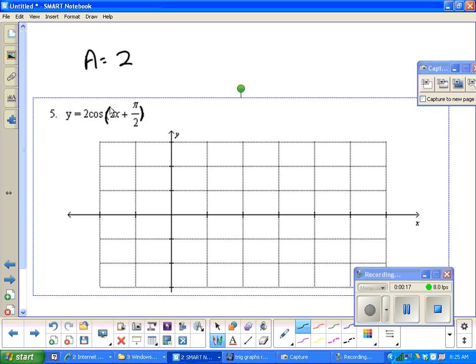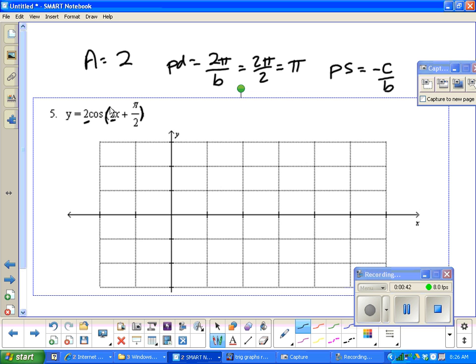We're going to have an amplitude there of 2. And now for my period here, I'm going to do 2 pi over b. B is my coefficient, and so that would be the 2 there. I'm going to have 2 pi over 2, just be pi. And now for phase shift, recall phase shift is the opposite of C over